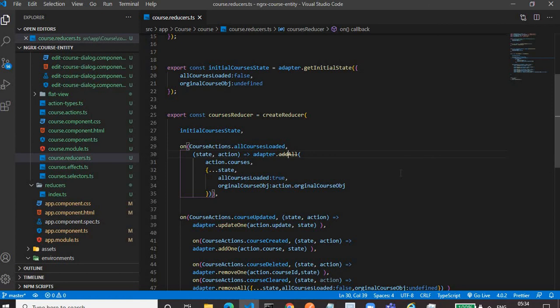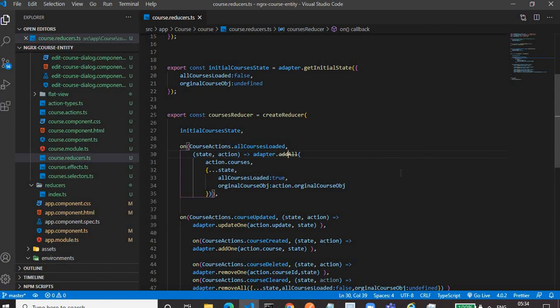As we are using the entity framework, we get access to the adapter functions, and just by calling an adapter function, we can manipulate the array in a single line. This is the awesome advantage of using NGRX entity.